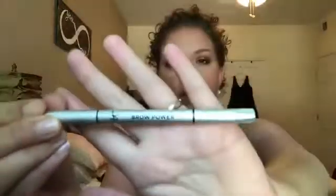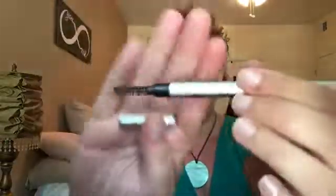So again, this product came from BoxyCharm, and it is the IT Brow Power Pencil in the shade Universal Taupe. This is just an oval shaped pencil, and it does have a spoolie on the other end. It's a nice spoolie, very soft. So where they're talking about Universal Taupe, if you just draw lightly on your hand, or on your brows rather, you know, it's lighter,